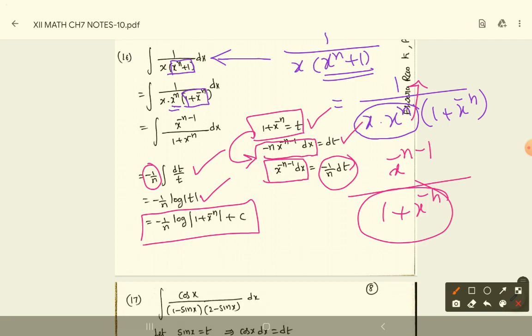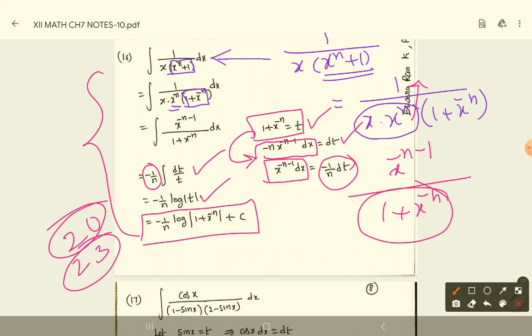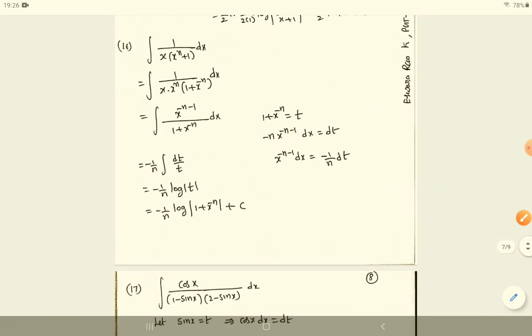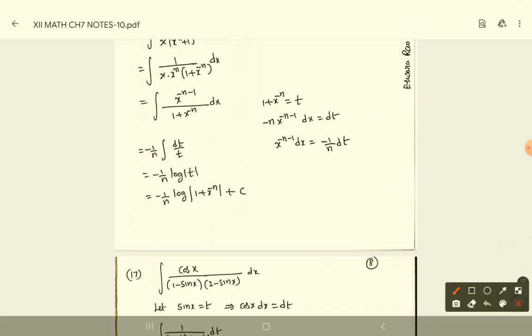Same like the 16th question, how did we do that? Like the 20th also we can do, and the 23rd also, same method, same process only. For the 20th question and 23rd question we do the 16th model only, by taking the highest index common. By taking the highest index in the bracket, whatever it is there, you should take that as common, and the other factor, whatever it is there, you should write with minus. Like for example, any question of this form, you can do like this.